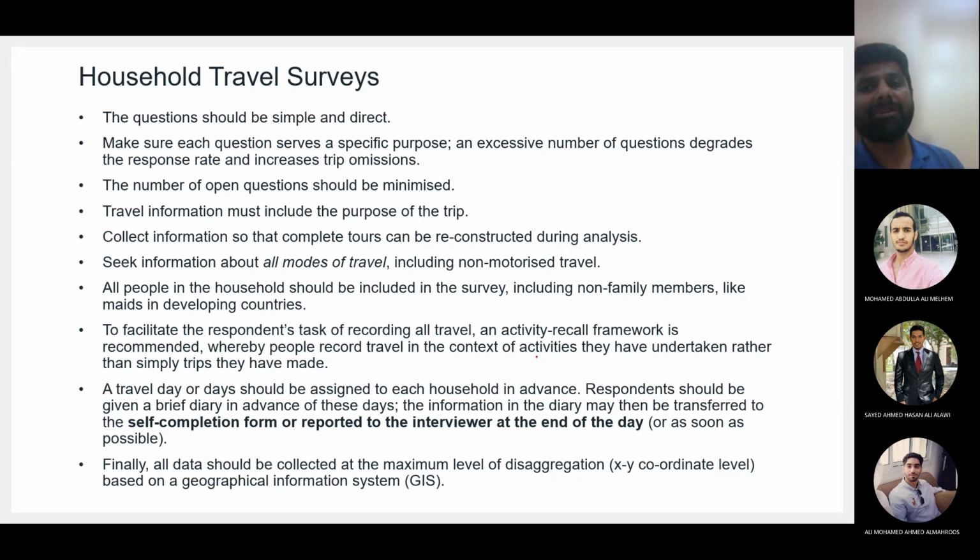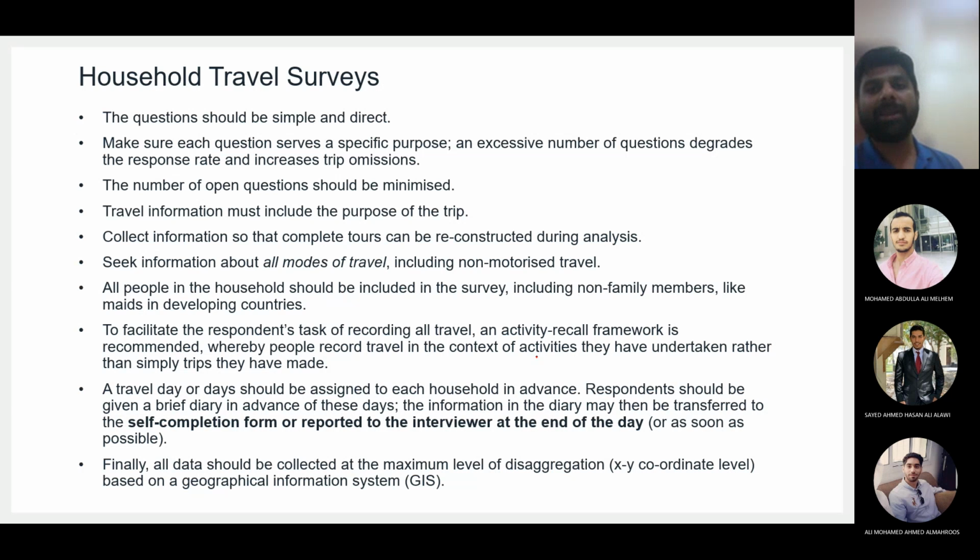If you ask him the travel time directly, it is easier, or there is a higher probability that you will get more answers. But if you ask information in batches, in stages, eventually you will add all of them to get the travel time, but the respondent doesn't know that. He will get irritated, and he may try to fill it quickly and get rid of you. All right, I just want to finish this as soon as possible. There are so many questions, so you will increase the number of questions as well in this manner.